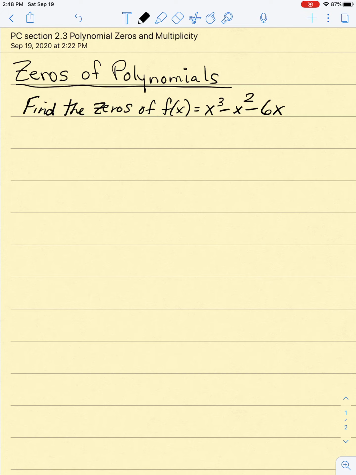Find the zeros of f of x equals x to the third minus x squared minus 6x. Okay, so we're thinking that we want to take our polynomial and set it equal to 0. All right, so how do we handle this? Great idea out there. We want to factor, if we can, our polynomial. So what I notice is that we have an x in common. So if we factor out an x from every term,